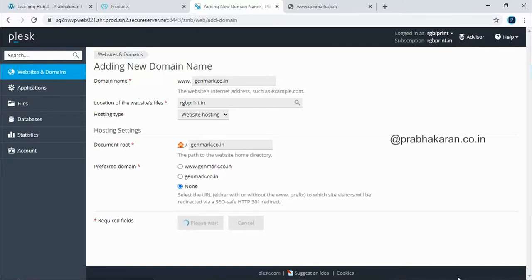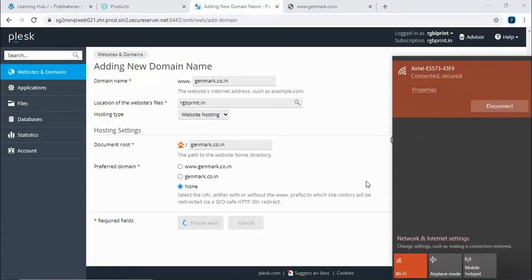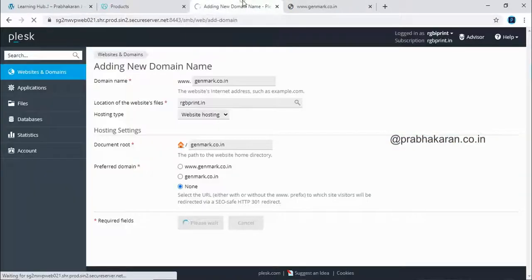Let me check my bandwidth and internet connection. It's good. What happened? It's still loading.